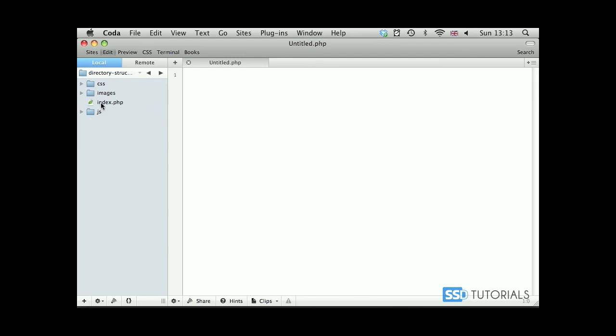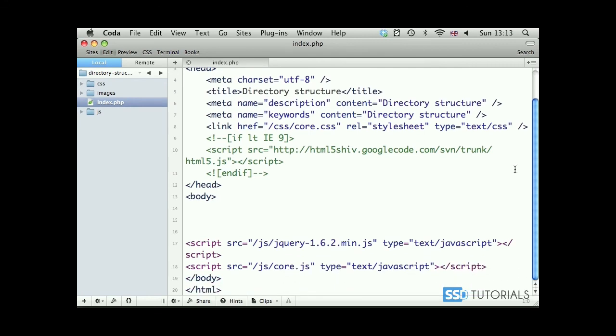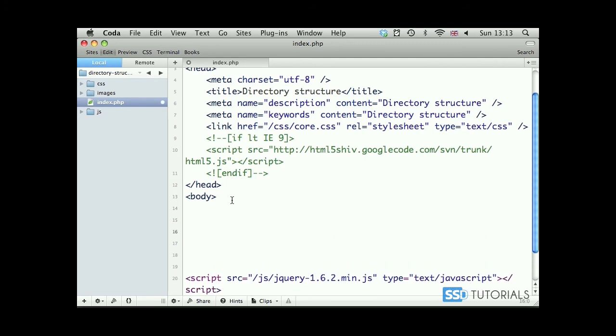Then we have index.php and a JS folder with the latest version of jQuery and core.js, which is currently blank. If we open our index.php, you'll see we have a basic structure of the page already in place. So in between the opening and closing body tags, we're going to start with a div with the ID of wrapper,